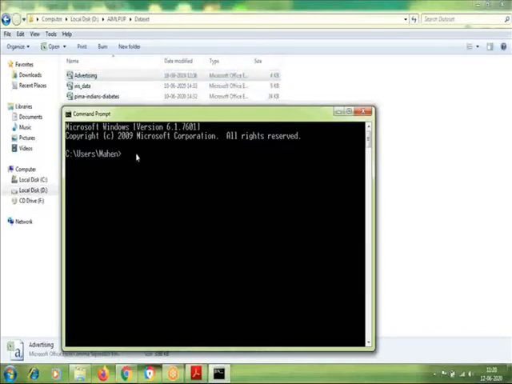So I will go to D first, then you start the Jupyter notebook. If you don't do that, then you won't be able to reach the data set through Jupyter notebook. So go to the drive where the data set is stored, and then you can start the Jupyter notebook.